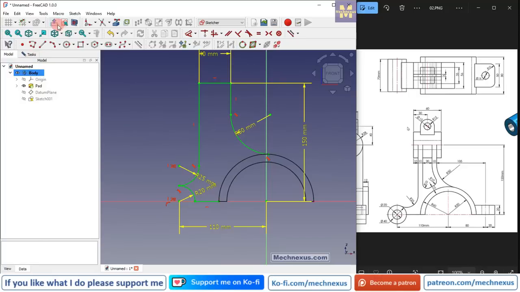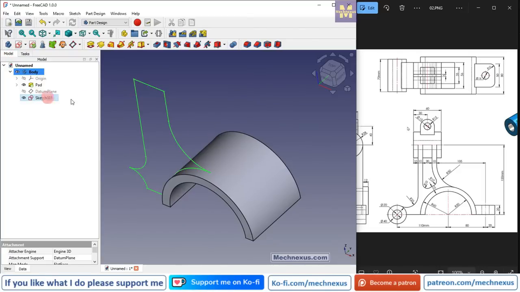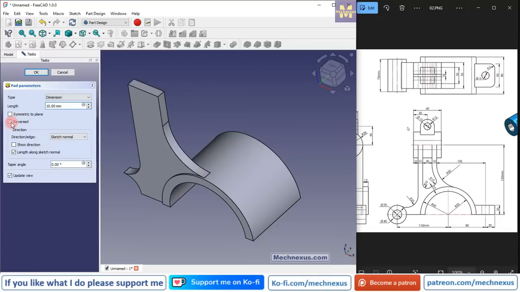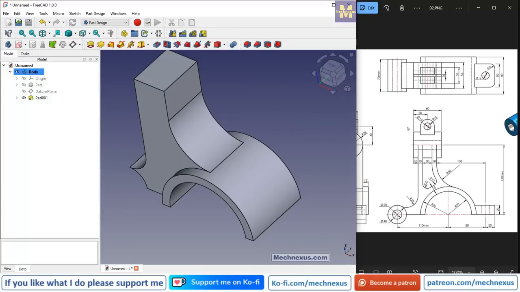Now we will come out of the sketch and we will switch to the flat lines. And we will select our sketch, and if we see in a top view, this is the 56 of extrusion length. So click on the pad, reverse, give it 56, click on OK,